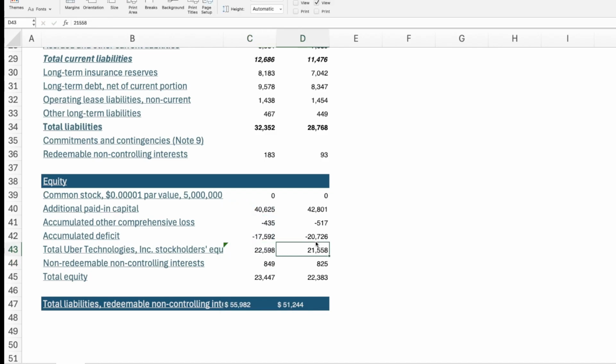Just make sure you remember what this figure was before, so that they are the same. Equals sum. Yeah, looks good. Therefore, the total equity is